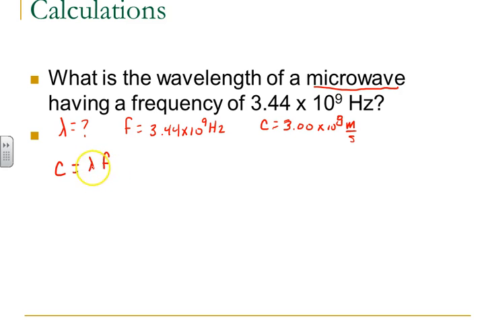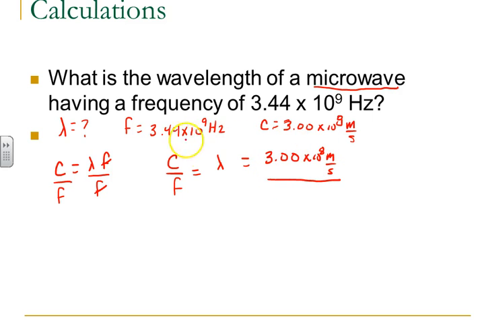We're interested in solving for wavelength, so we're going to divide by frequency, and we can say that c over f equals wavelength. So we just plug in c, 3.00 times 10 to the 8th meters per second, divided by the